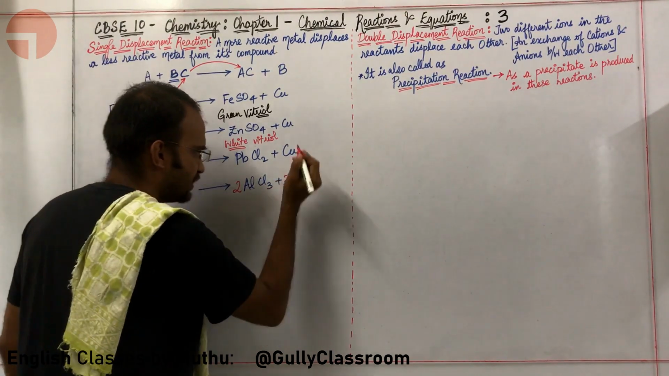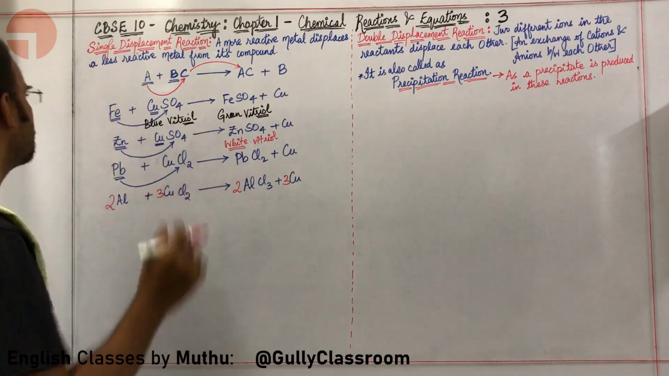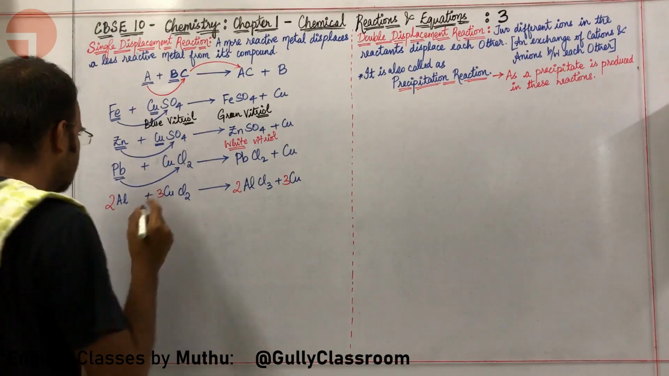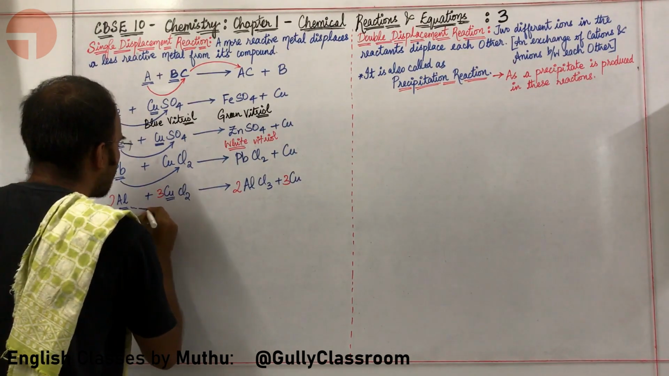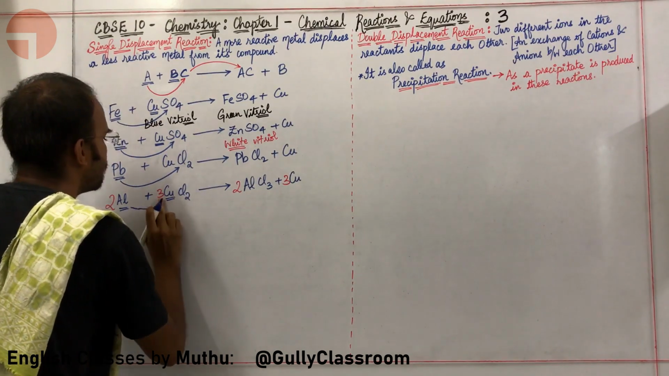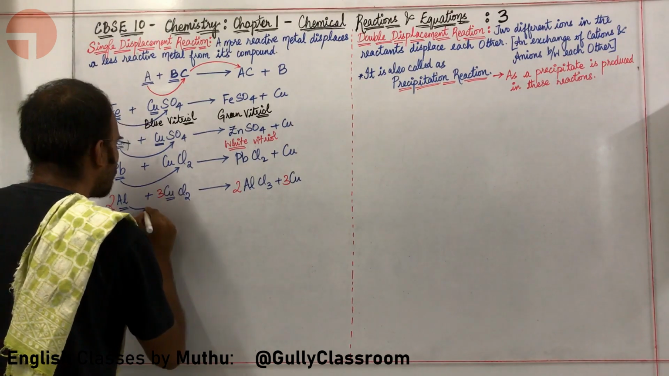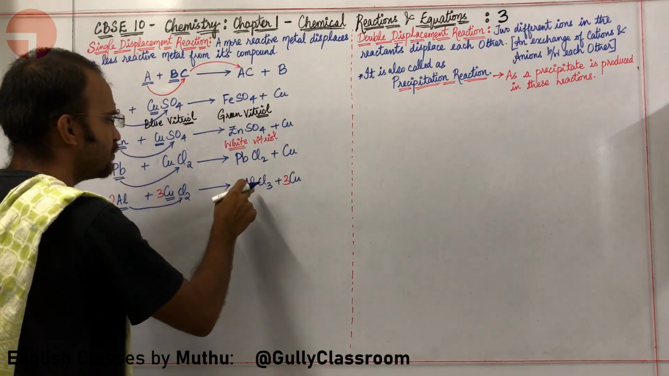In order to accommodate this, I am going to put a 3 here. That's it. This is a completely balanced equation. Here aluminium is more reactive than copper. It is displacing copper and taking away Cl to form aluminium chloride, which is